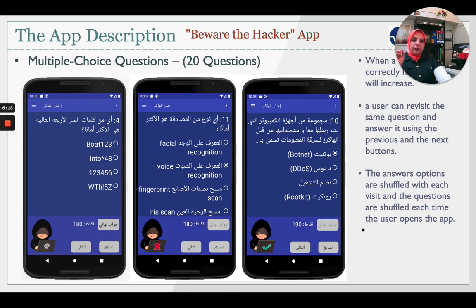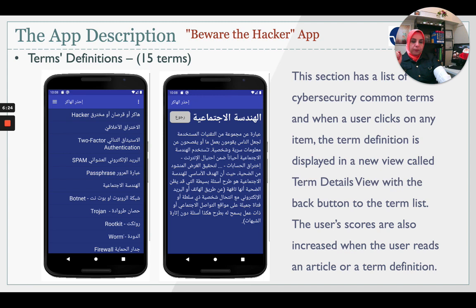This slide shows the right answer, wrong answer, and the questions. The other slides show the term definition.